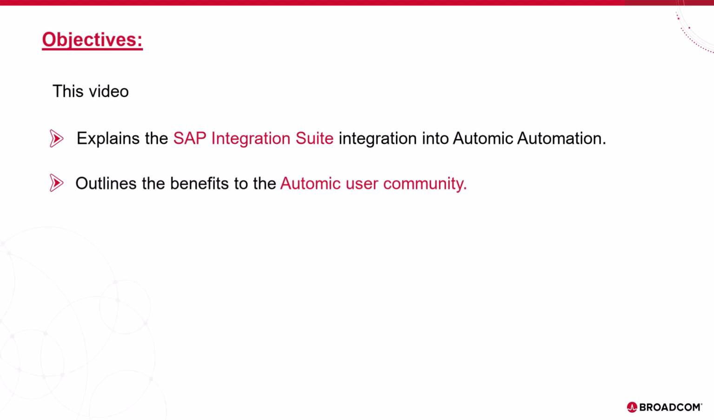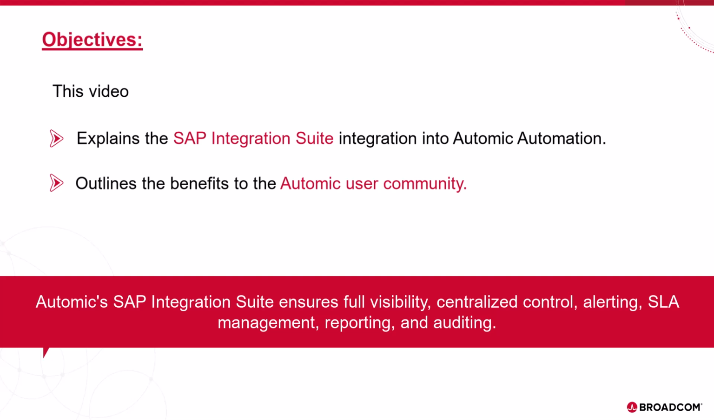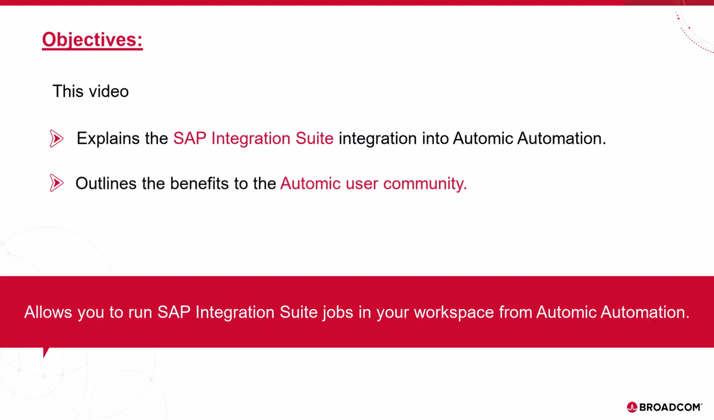Managing application jobs in S/4HANA is essential to ensure data consistency, compliance, and operational efficiency across the enterprise. Extending enterprise automation to SAP Integration Suite ensures full visibility, centralized control, alerting, SLA management, reporting, and auditing. Integrating Automic Automation with SAP Integration Suite allows you to run SAP Integration Suite jobs in your workspace from Automic